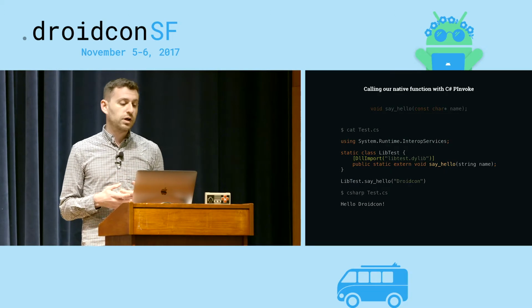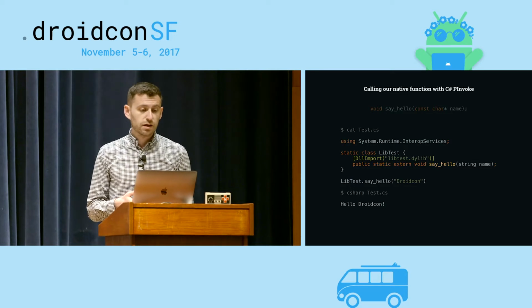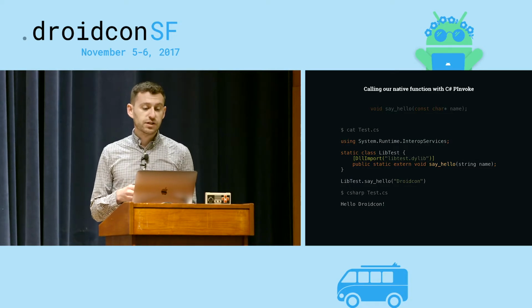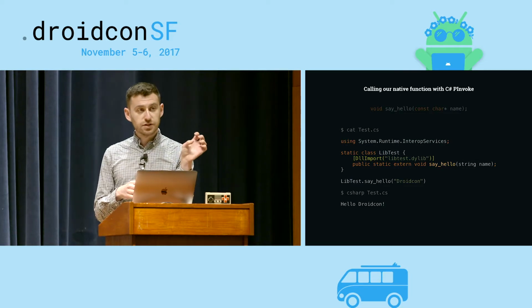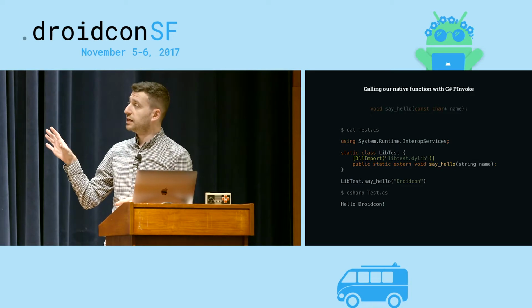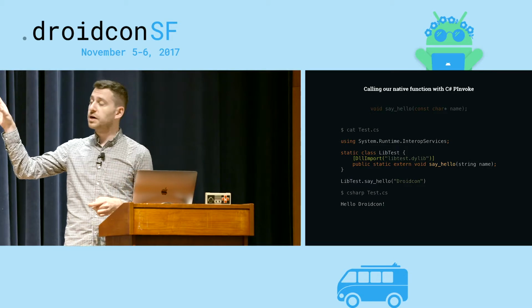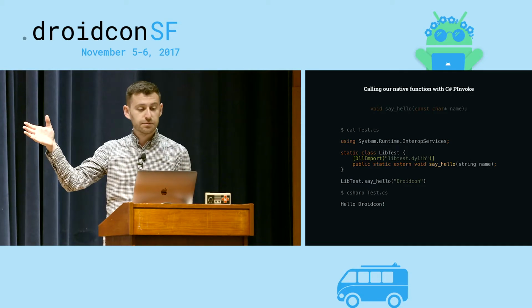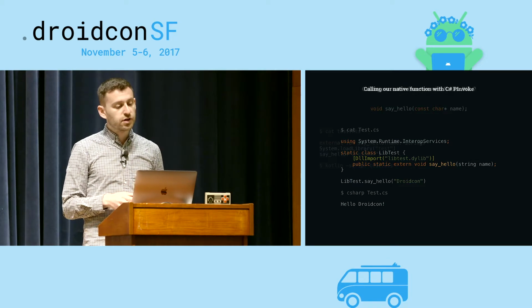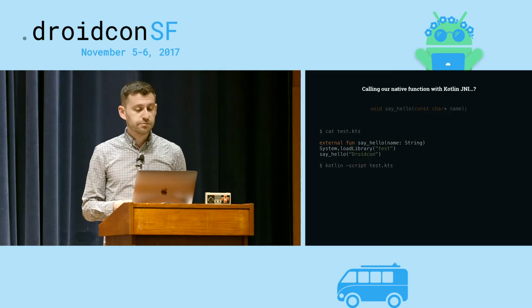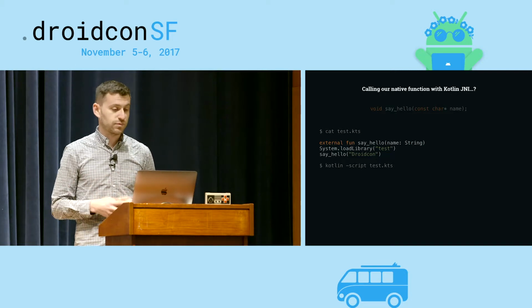We can import the interop services namespace, create a function that matches our C function using the extern keyword and no method body. We use the DllImport attribute specifying the name of the library, and then we can call our method. So moving over to Kotlin and the JVM, I very naively wondered, could I just do the same